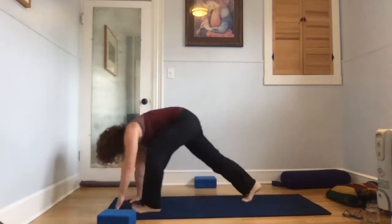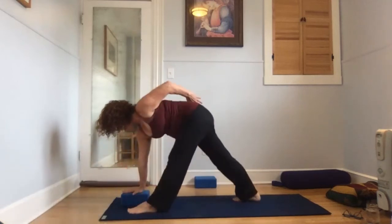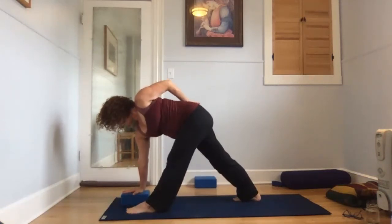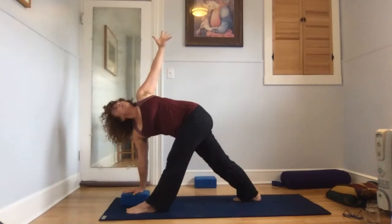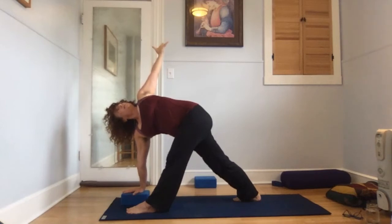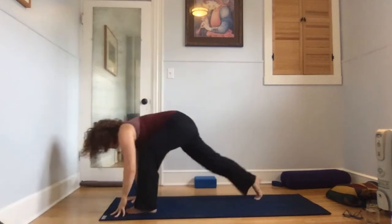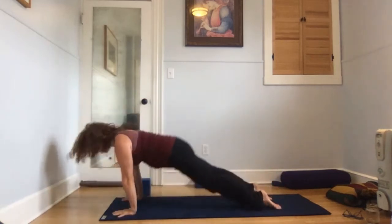And let's just step the left foot forward and right hand stays grounded. Left hand comes to sacrum, low back. Find your balanced hips. From there, let's spin it. Turn your heart to the left. Launch your left arm skyward. Feeling into this gentle but powerful twist. Inner right elbow rolls forward, just a little detail. And exhale, let's release. Let's vinyasa through, meeting in downward dog, high to low, upward facing, flowing through, downward facing